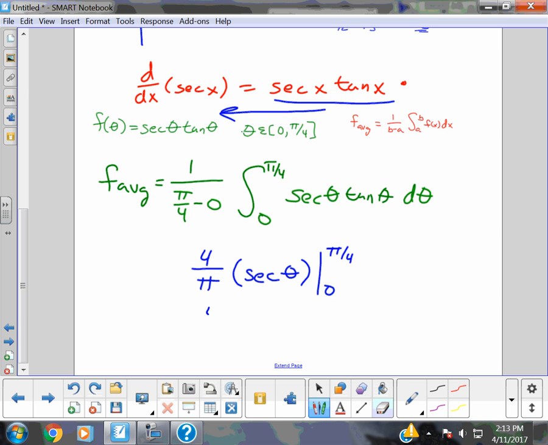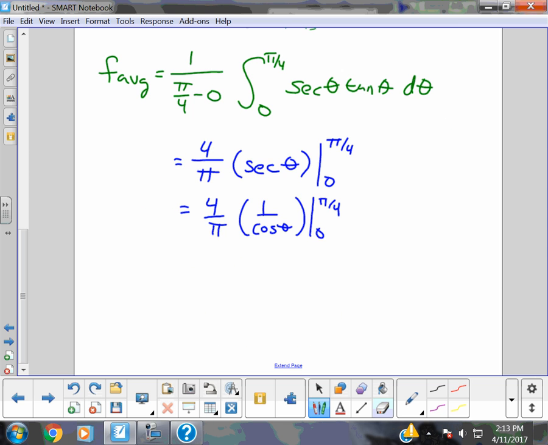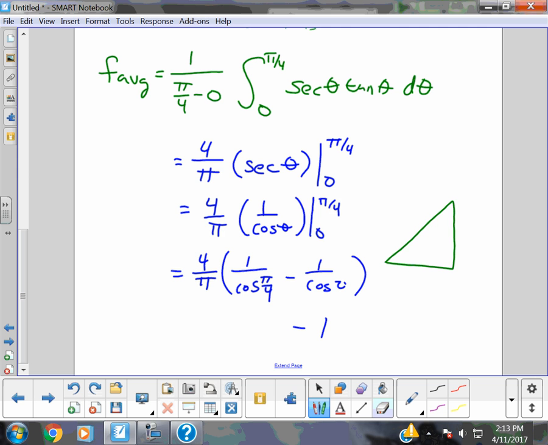I don't think in terms of secant. Not many people do. So I see this as 1 over cosine theta, 0 to pi over 4. All right, so it's 4 over pi, 1 over cosine of pi over 4, minus 1 over cosine of 0. Fortunately, cosine of 0 we know is 1, so it's minus 1. I don't think of pi over 4 very easily, so I think of the 45, 1 square root of 2. So I think of this as 1 over the square root of 2,